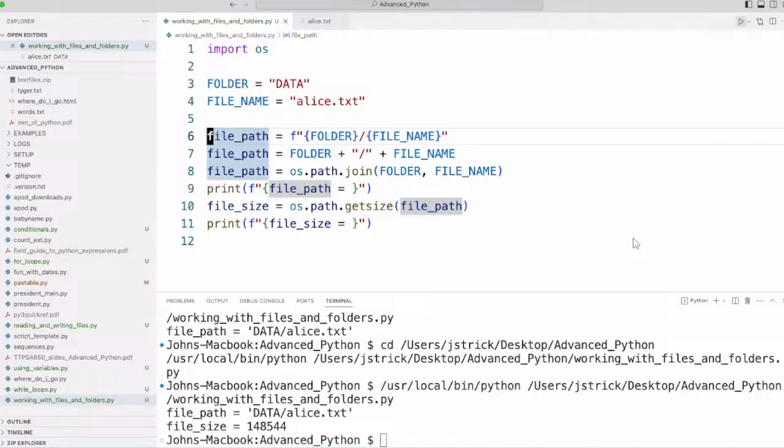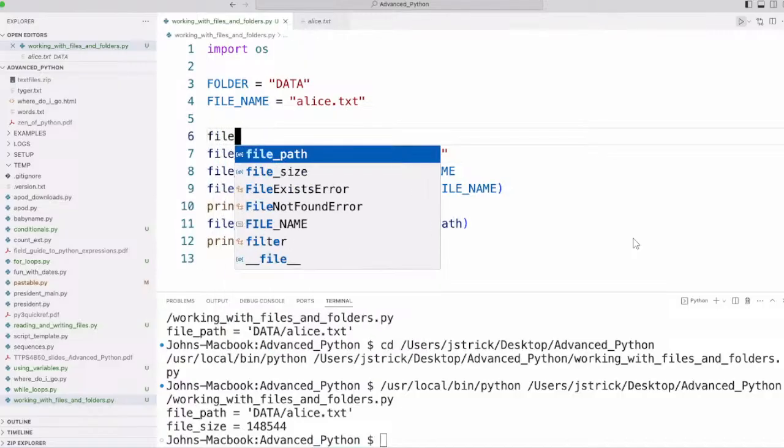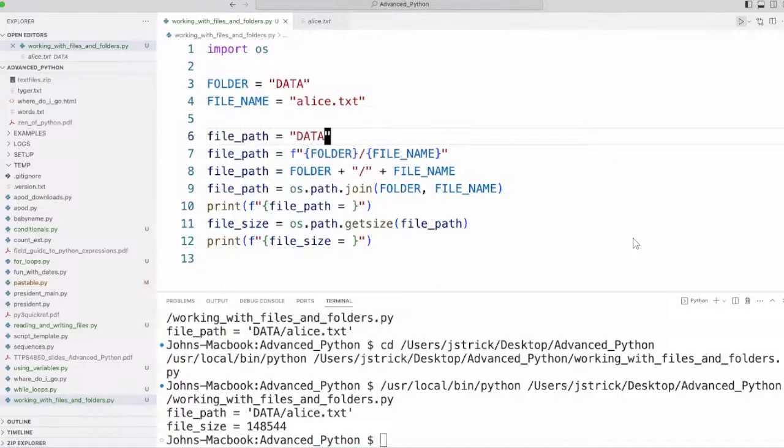And I'm not sure I've actually answered your question. I've given you more info. No, I mean, that's good. Usually what I end up doing, and I'm sure this isn't the best practice, is I just use a string and it's just data slash alice.txt. Oh, well, if you already know both, sure, I could just do file path equals, yeah,